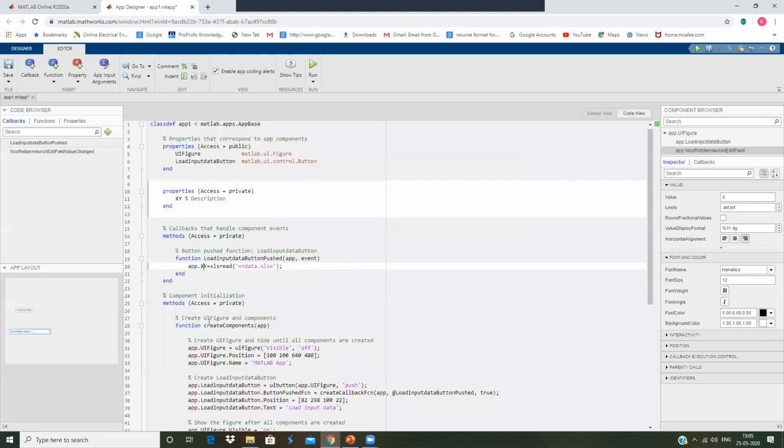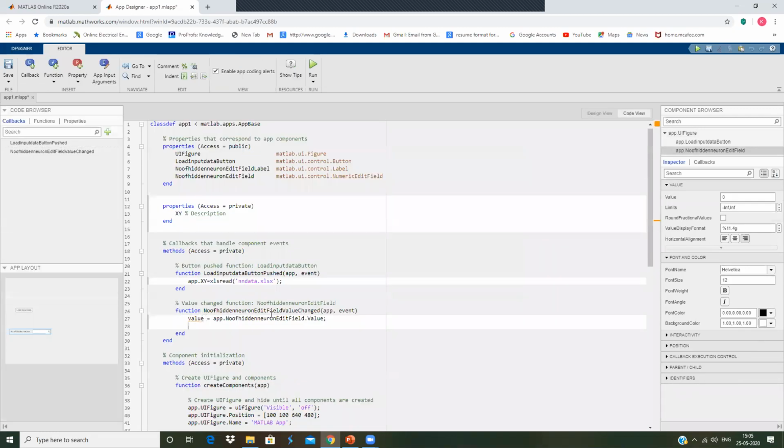Here there is an option. Whatever number you give is already stored in the value. So I just change this variable and use app.NumberOfHidden. I am going to use this number of hidden when I design the neural network training as well as testing.